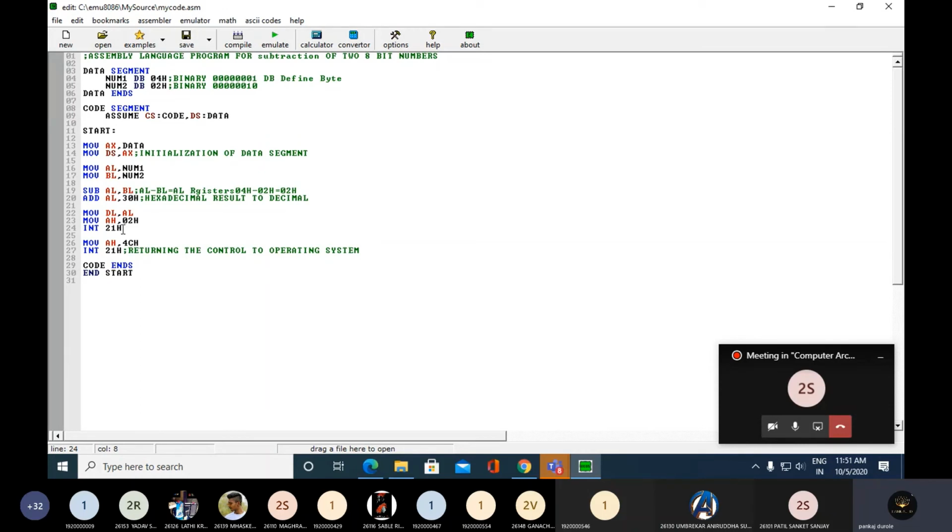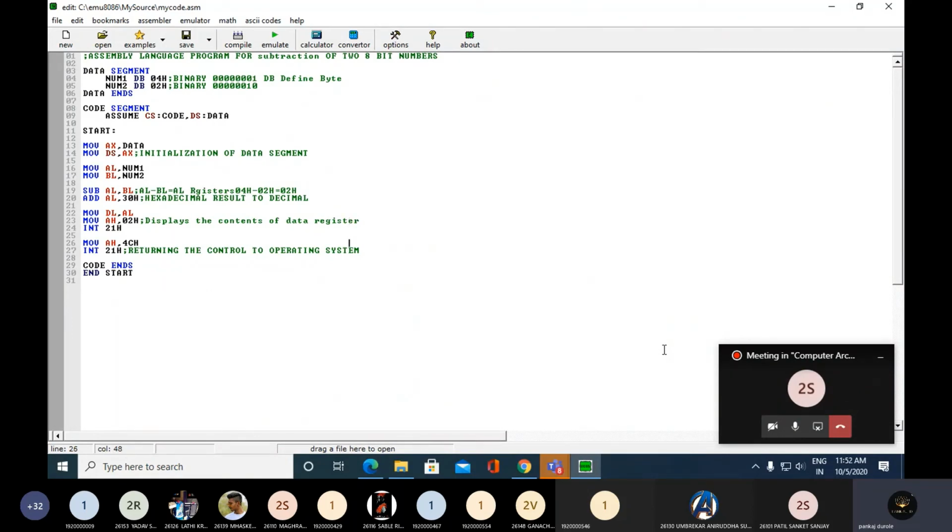This is the software interrupt, and this helps in executing this function. This function is the instruction which displays the contents of the data register.